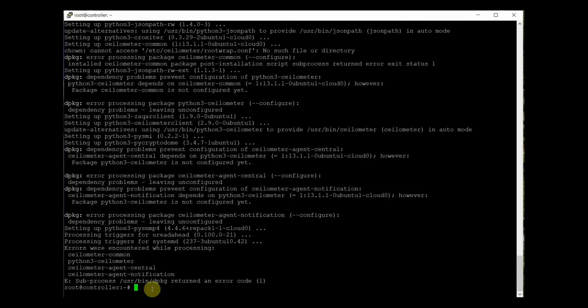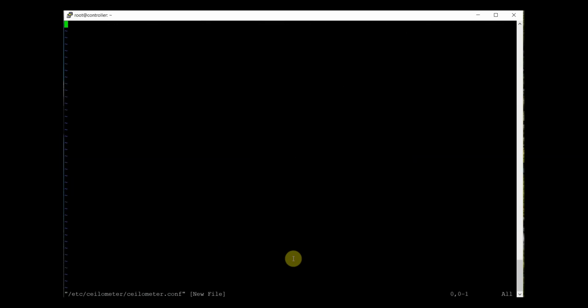Now this is basically package installation. Let me verify once again. Yes, all the packages are installed. Now let's configure. We'll simply create the Ceilometer.conf file. So let's create the file as root user. So I'm creating the file from scratch,